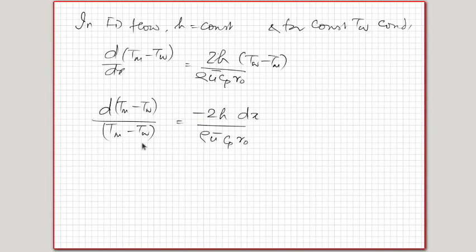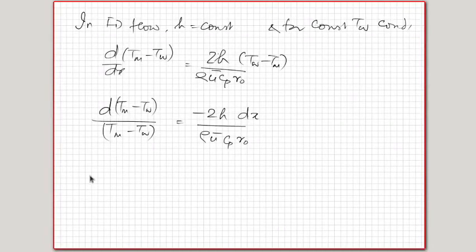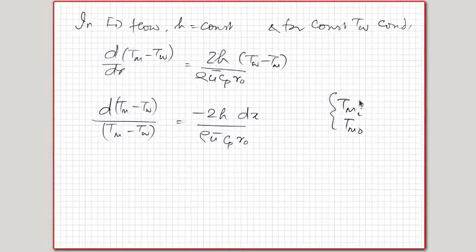Now if I integrate this from a point where the velocity profile is already fully developed to this one, so if I say that at the inlet itself the velocity profile is already fully developed, I can say T mean at the inlet and T mean at the outlet. These are the mean temperatures at the inlet and outlet of the pipe where the velocity is fully developed. So then if I integrate this from inlet to the outlet of the pipe,